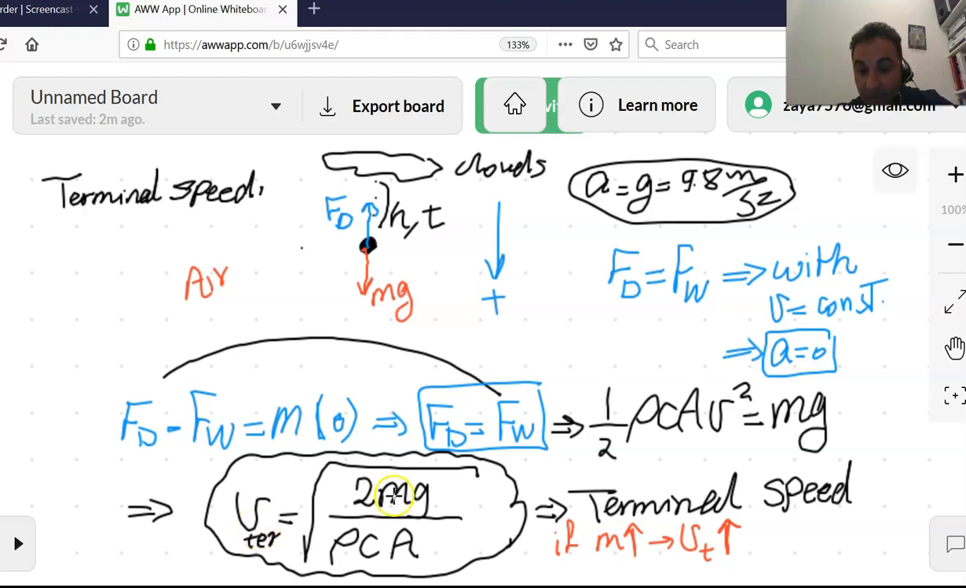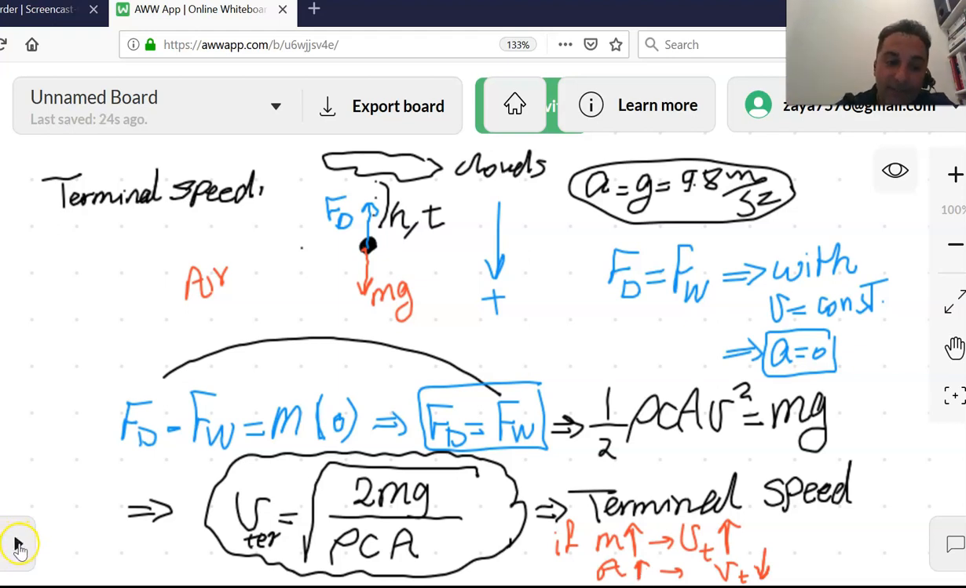So terminal velocity depends on mass. Terminal velocity also depends on area. So if you have a larger area, if area increases, what is happening to terminal velocity? Decreases. So if we have a larger area, then after we reach terminal velocity, the terminal velocity will be much less than if we have less area. Okay,